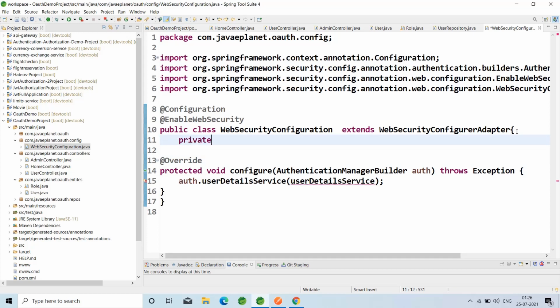Private, inject the UserDetailsService known as customUserDetailsService.